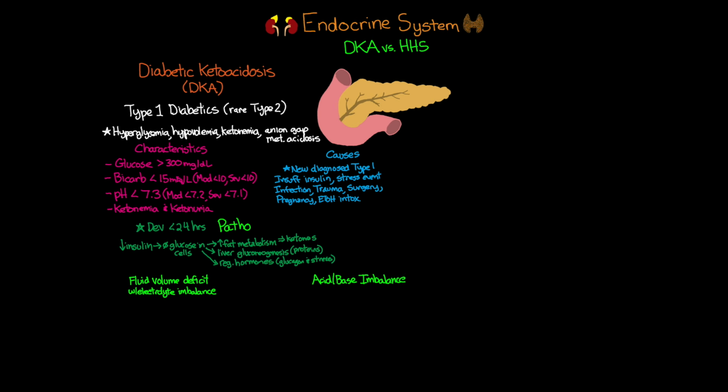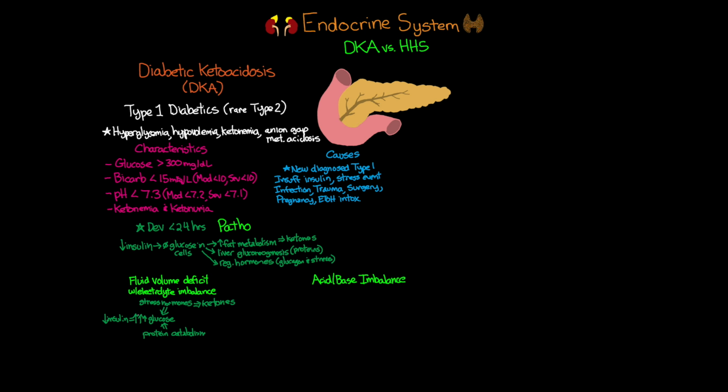So first, let's talk about this fluid volume deficit and this electrolyte imbalance. So we know that due to the lack of insulin, our glucose levels are going to be high in the blood. And like we just talked about, due to the stress response hormones, we are going to further increase this glucose that is available. As well as we're also going to see the production of those ketones. In addition to that, we also have the catabolism of protein stores, which is again going to further elevate that